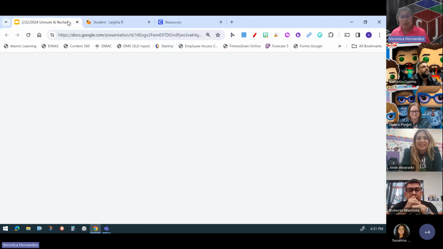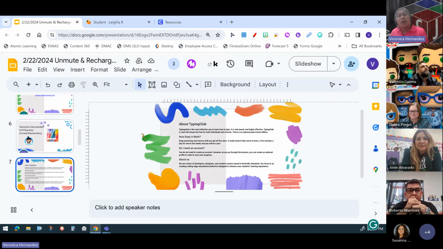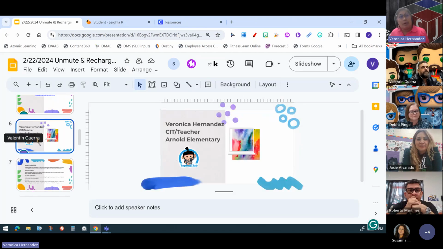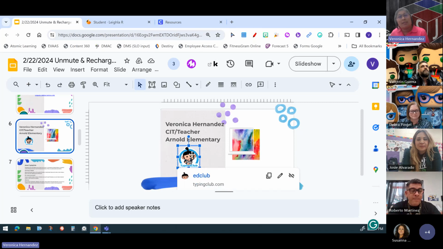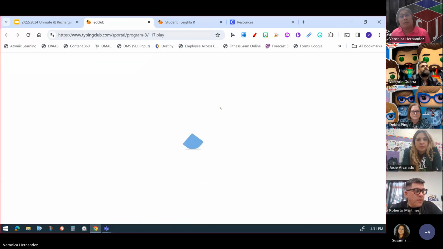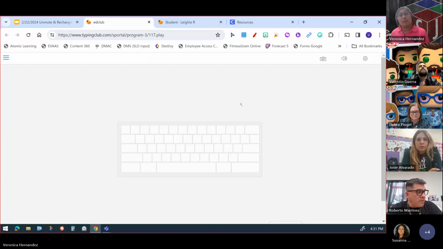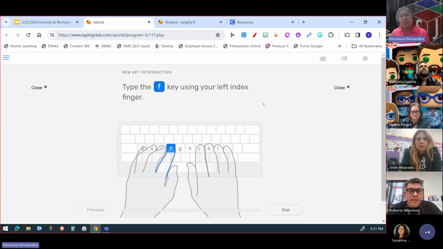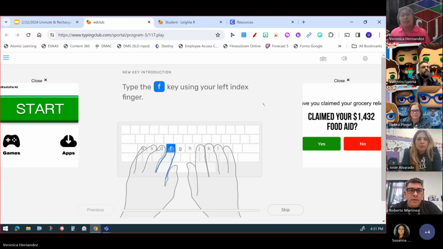But I'm going to go back and show you the video so you can see how it looks on their screen, because I don't have access to see how it looks. And just so you can see how the kids learn to type using this program. And so it shows you the hand placements. Can y'all see it? Yes, it shows you the hand placements, and I like that about it.